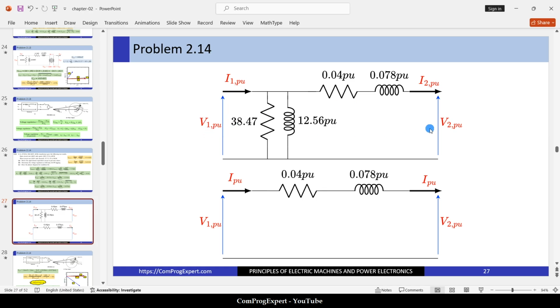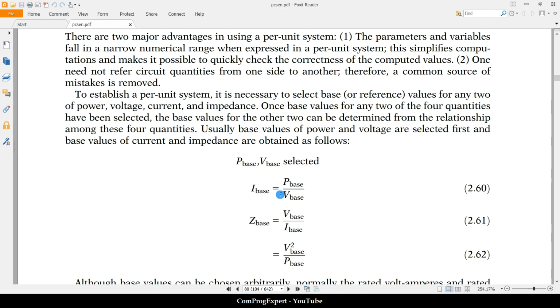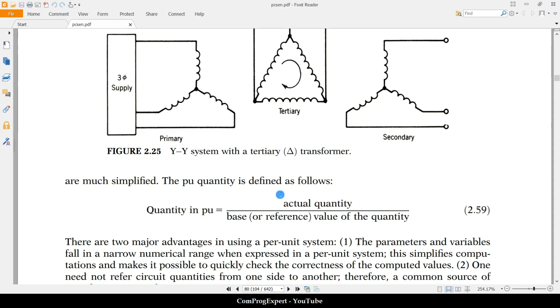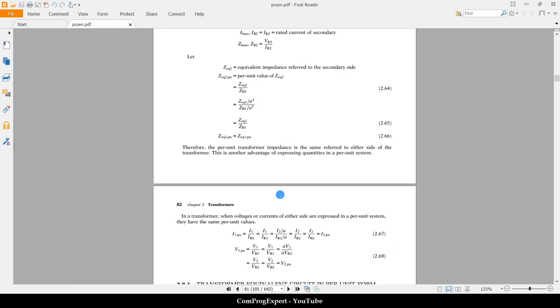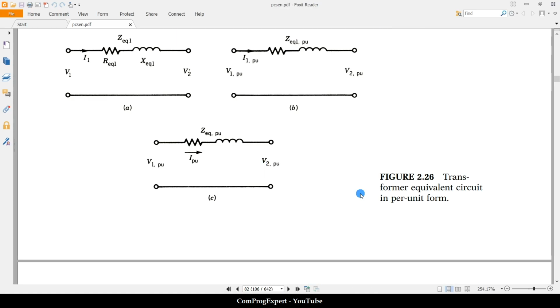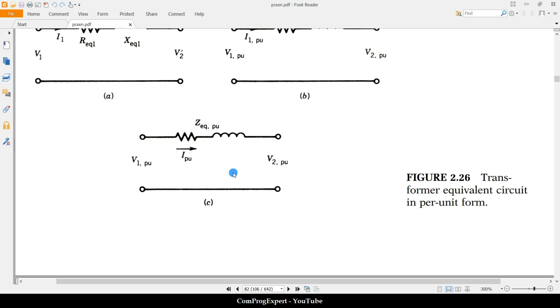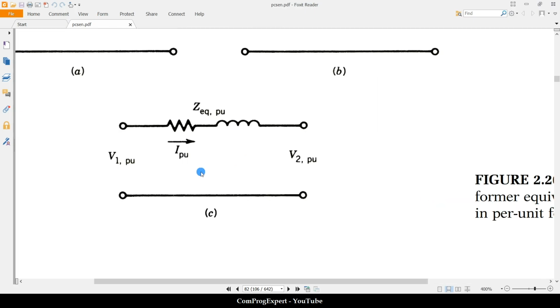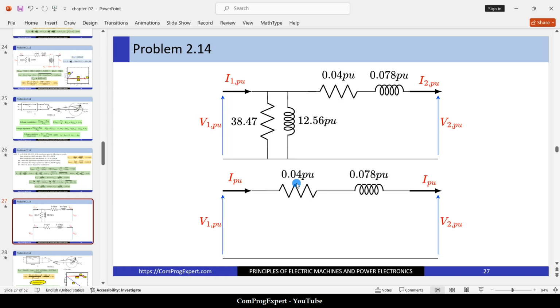The V1 per unit, V2 per unit, I1 per unit, I2 per unit, and finally, if we neglect this excitation branch, we will have this equivalent model for the transformer, similar to this one that we have in the text of chapter 2, this figure, this model for the transformer. Anyway,